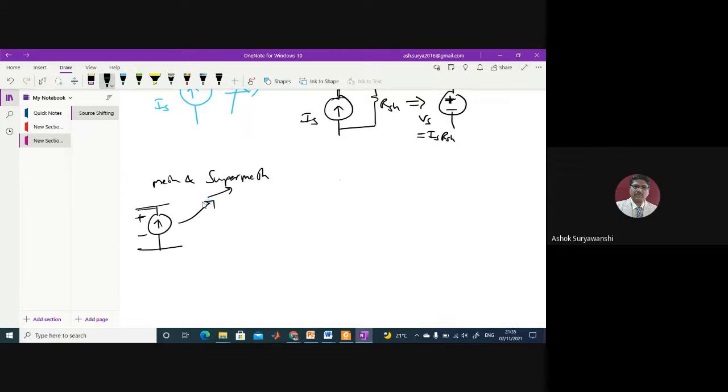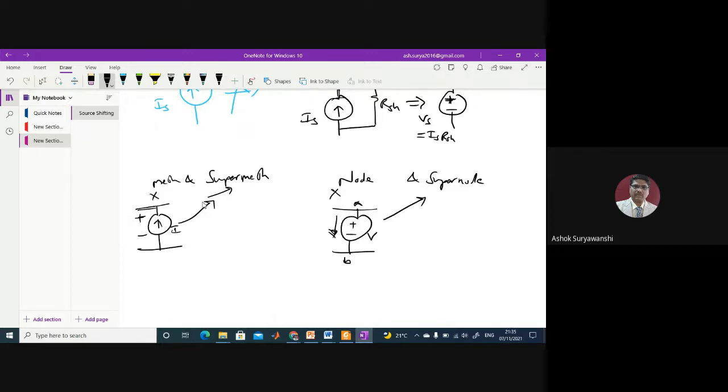Similarly, in the case of node analysis and super node analysis, if there is a voltage source alone between two adjacent nodes, in that case we cannot write the current flowing through that particular voltage source. So that means this is an ideal current source, this is an ideal voltage source. In that case, we can't solve this problem using node analysis, we have to go for the super node. Similarly here we can't solve using mesh analysis.